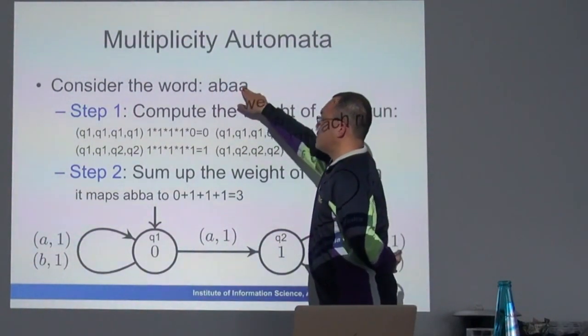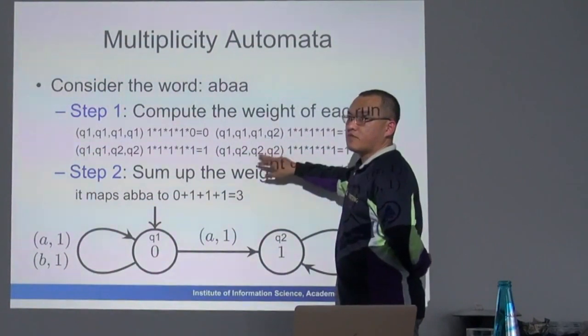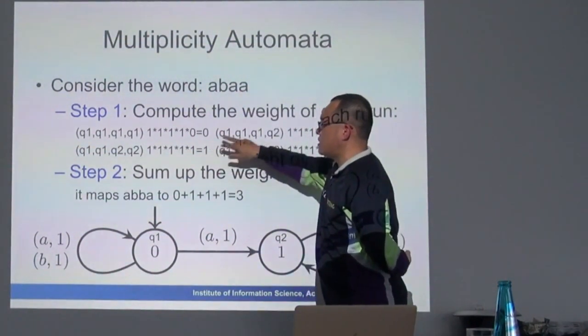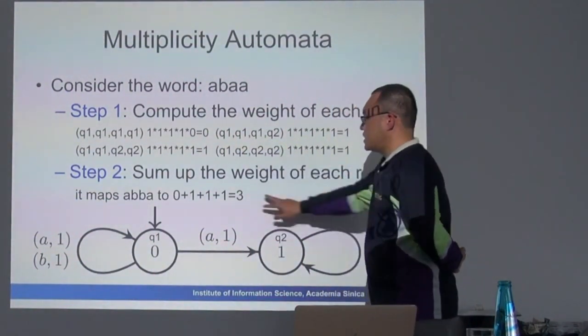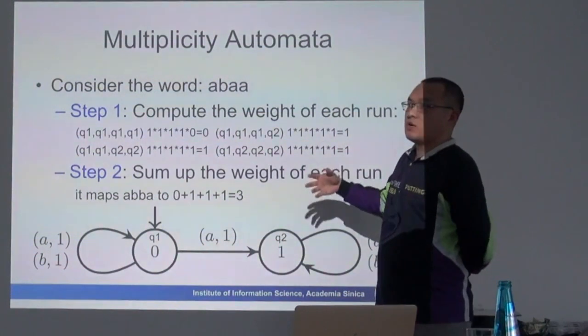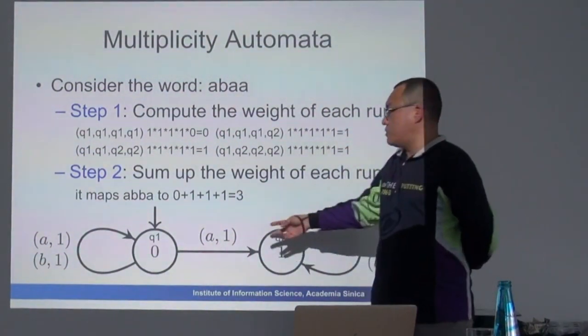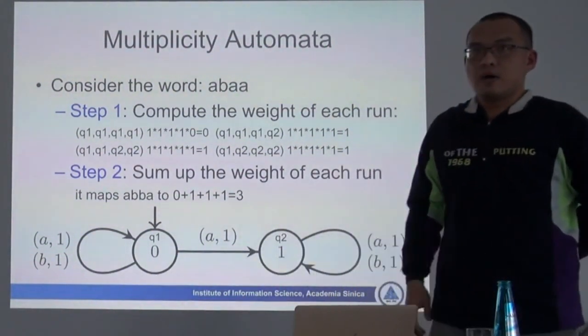So I have 3 rungs with the weight of 1. Every time I hold A here, I can get the rung with the weight 1. At the end, I sum up the weight over each rung. In this case, I get 3, which is the number of occurrences of A in the model. This weight can be any rational number; it need not be an integer. So that's the model that we are trying.